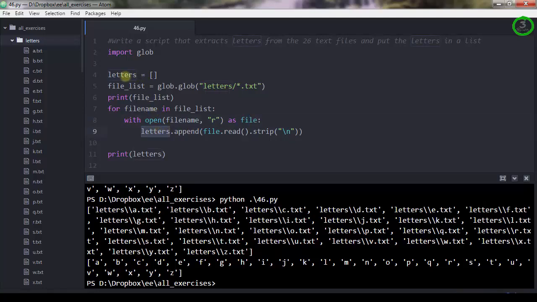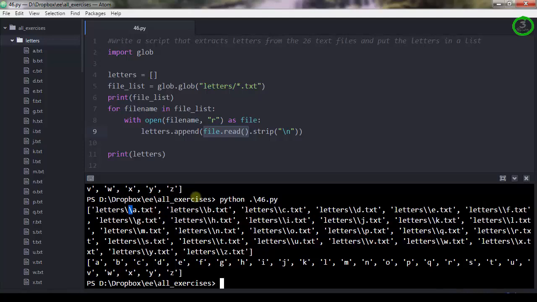So letters is the list you have created earlier. And file.read gets the content of that current file, which is letter A, and the \n